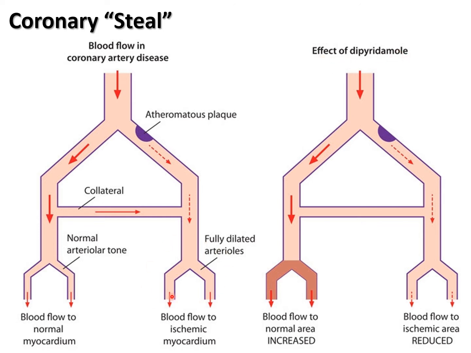These arterioles are fully dilated already, so they're not going to get any bigger. But these normal ones over here, which would normally be clamped down a little bit, now get bigger, and now the blood, by virtue of resistance, is going to go down into this area and not across this collateral